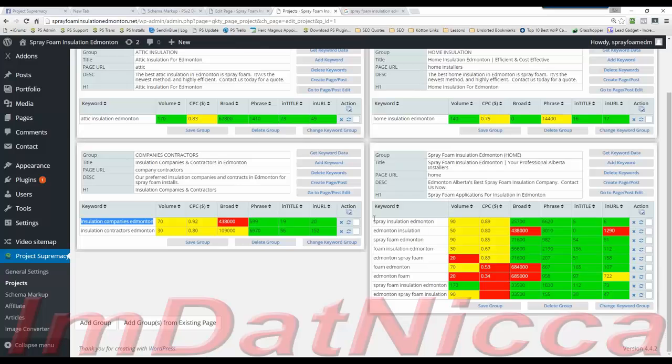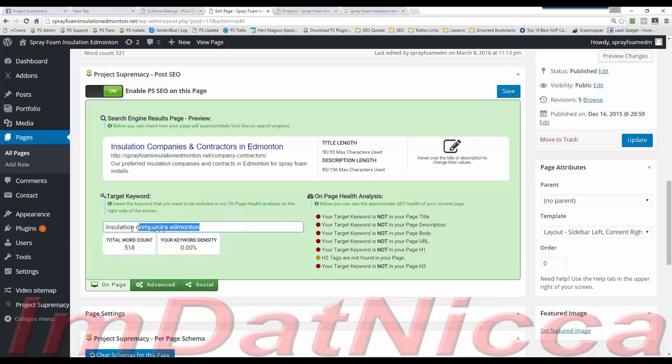Anyways, I'm just going to get back to this really quickly, guys, and then I will get back to those videos. Todd was wondering about keyword densities. With this target keyword field, I saw somebody assuming this is where you put all the keywords you'd like to rank for, like a meta keyword, such as spray foam and Edmonton and so on. That's not what this is, guys. What this target keyword field is for is taking any keyword